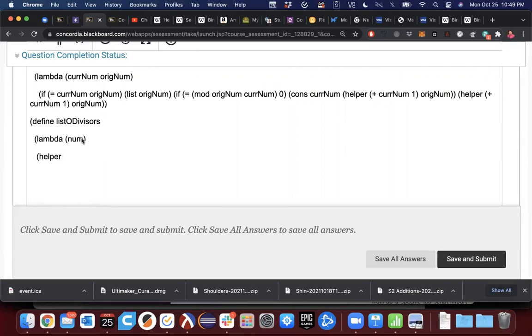I've been driving too long today to be doing this. We'll do it anyways. Okay, so helper passing it my kernum, which is going to be 1, and my orignum,